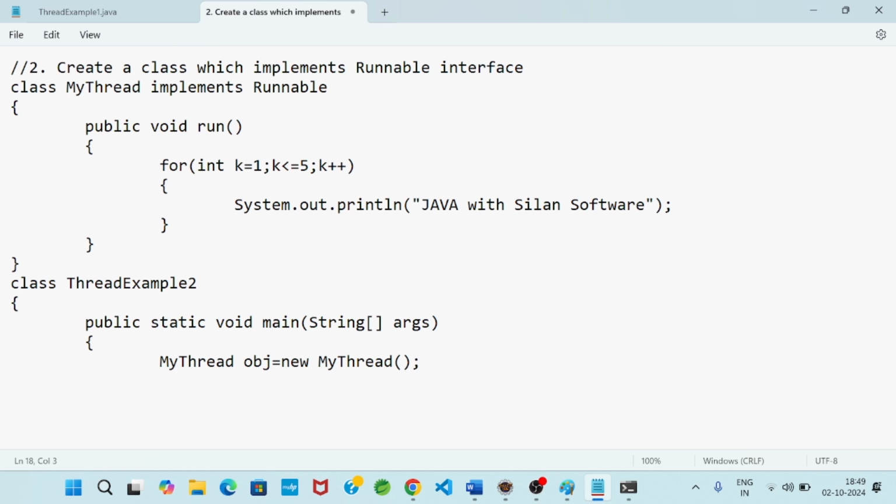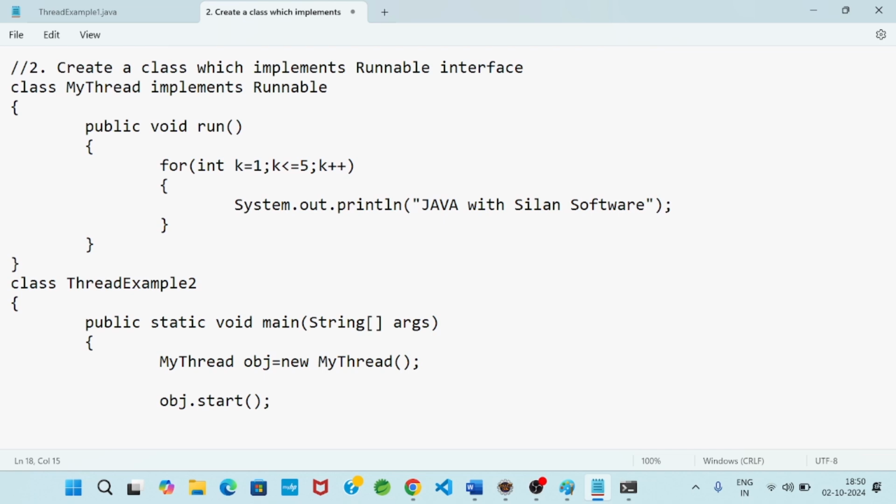In approach one, we called obj.start, because to execute the run method definition we have to call the start method. When start is called, the run method definition executes, meaning a thread started its execution.